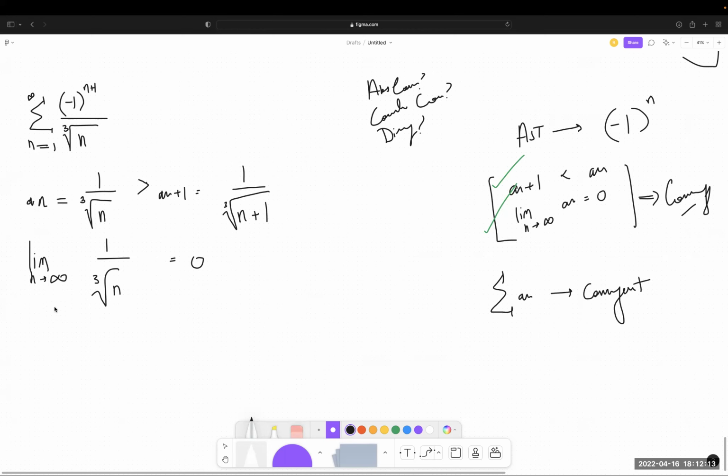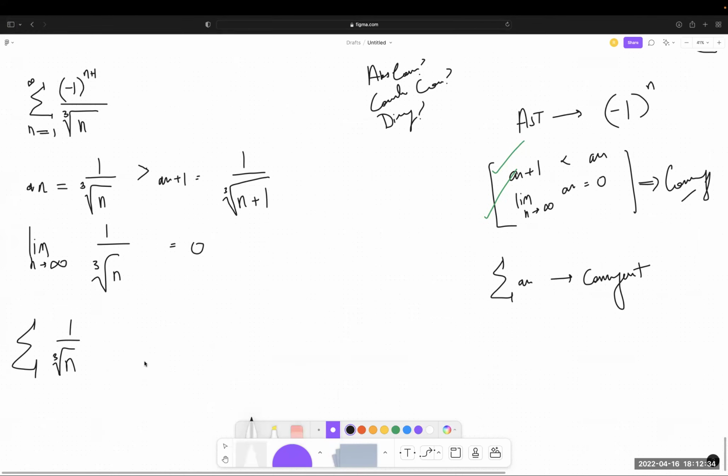Okay, but what happens if we take the absolute value of the a of n? Remember, when we take the absolute value, we drop the -1 to the n plus 1, which means we're just left with this. And this is no longer an alternating series test. Now it's just a p-series,